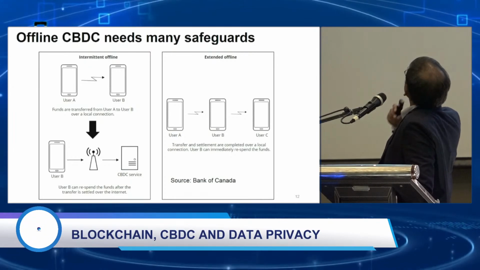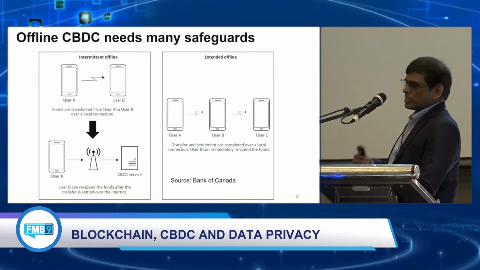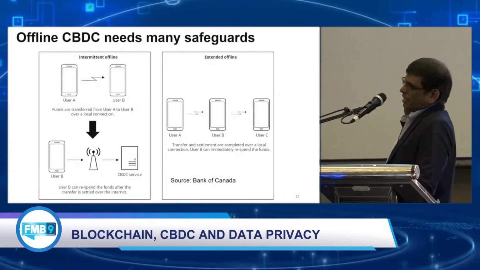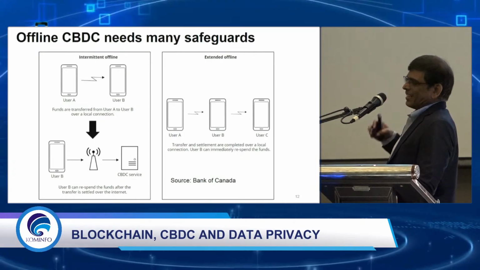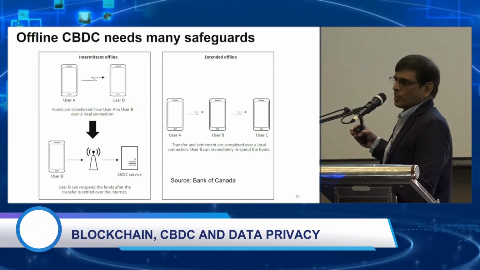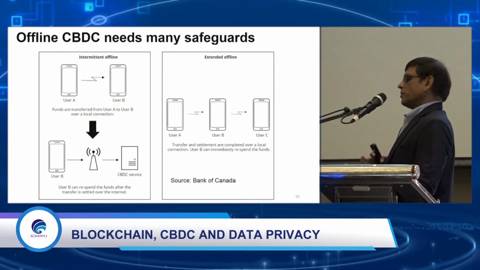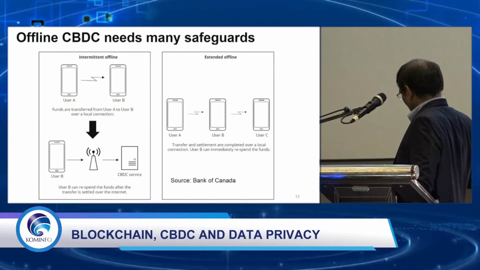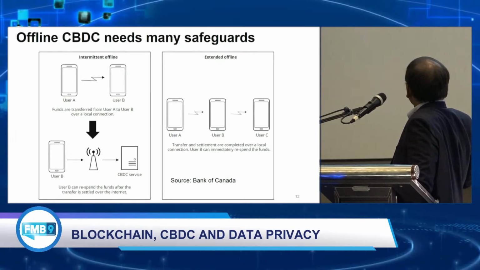And the other is called extended, and extended basically means it's transitive. I can transfer it to you and you can transfer it to somebody else. But clearly, this has many security vulnerabilities. You can imagine that the minute I allow people to transfer CBDCs like this, I cannot trace its ownership very easily, and because of that, maybe things are getting copied and so on. You don't even know whether or not the CBDC is valid anymore, right? So this is the problem that we are facing in extended.